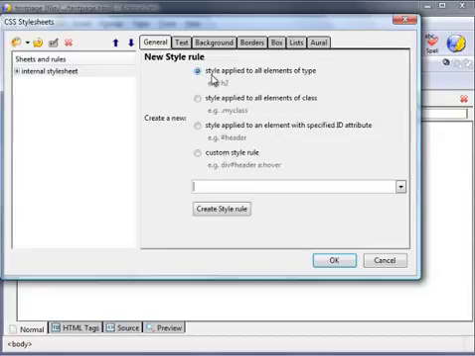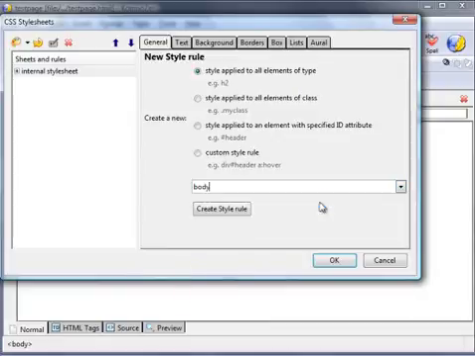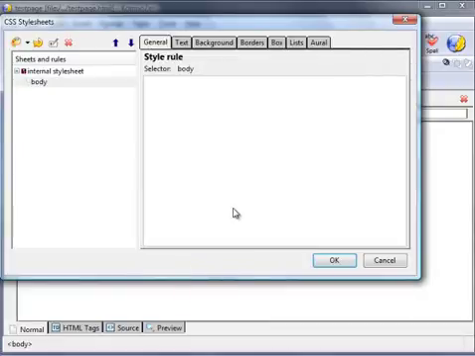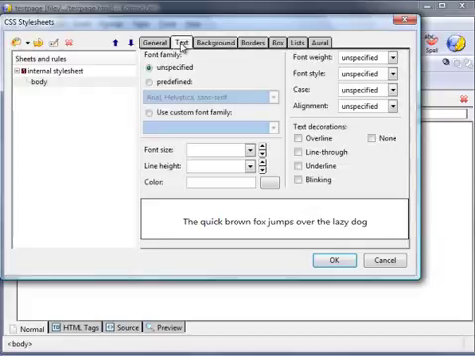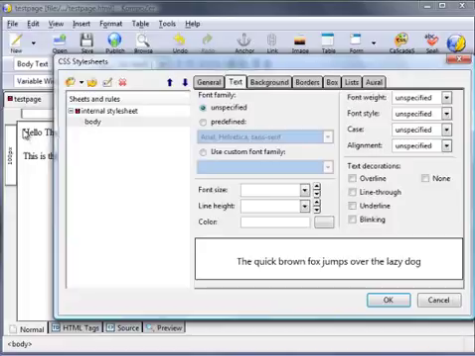It's checked at the moment as style applied to all elements of type. If we click on this drop down arrow and select body text, we're going to create a style rule. Okay, so it's asking us to create a style rule for body. Click on the tab text, and then you can begin by formatting the text within this area. If I just move this box a little, you can see behind the actual text in the Composer window, and as we make changes here, you'll see it happen in this preview window here,